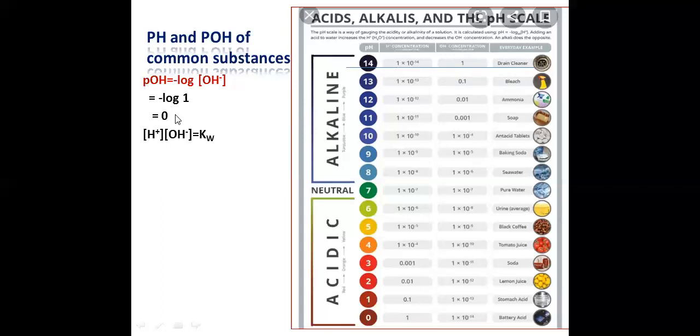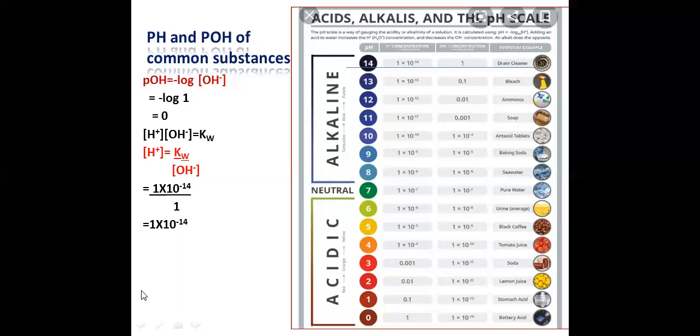And then from the hydroxyl ion concentration, we can find out the hydrogen ion concentration using this formula. That is Kw is equal to the product of the concentration of hydrogen ion and hydroxyl ion. By taking out hydrogen ion, the formula becomes Kw over the molar concentration of the hydroxyl ion. By putting the values, we get the answer: hydrogen ion concentration is 1 into 10 raised to the power minus 14, which is the same as mentioned in the table.